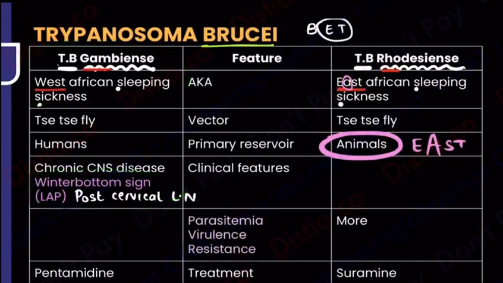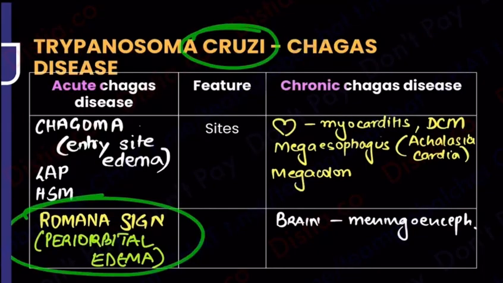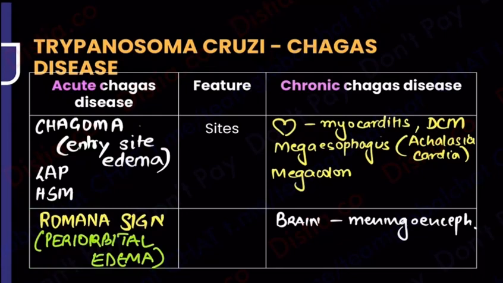So those signs, I want to wrap up this table on 2 signs. West African sleeping sickness shows you the Winterbottom sign, and then there was Romana's sign. Romana's sign, which is periorbital edema, was seen where? Going to Rome, cruzi wala. So cruzi is going to show you Romana's sign. Okay, don't get confused between Romana's and Winterbottom. Two very, very important signs that you have to know in this chapter. On that note, we have